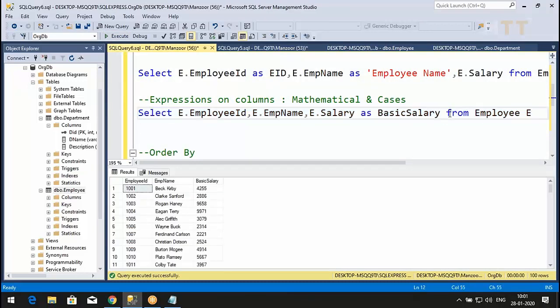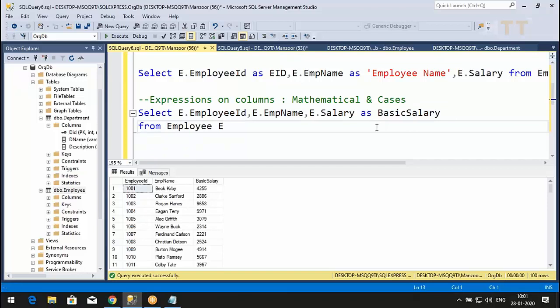Fine. From employee E. Now, apart from basic salary, what I want,